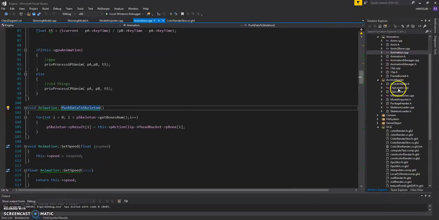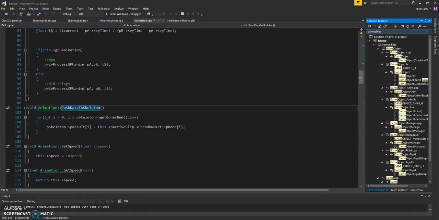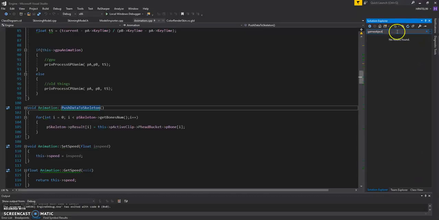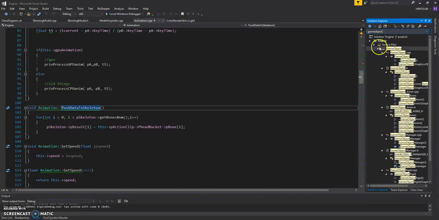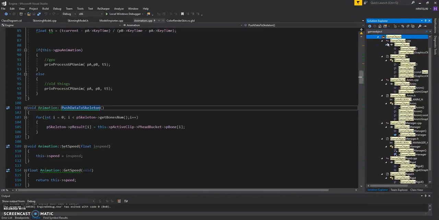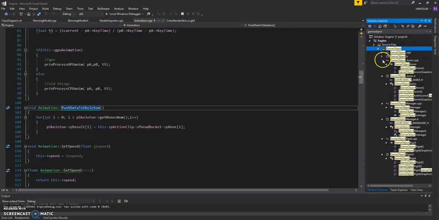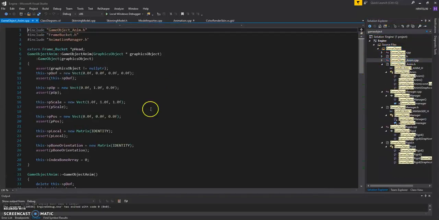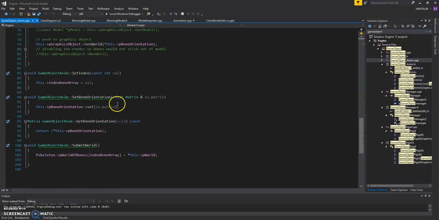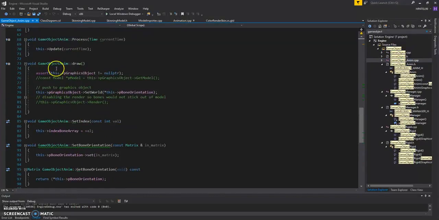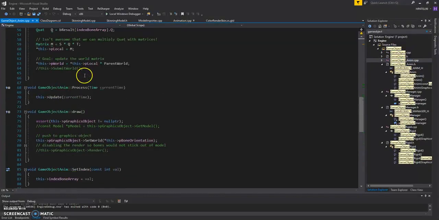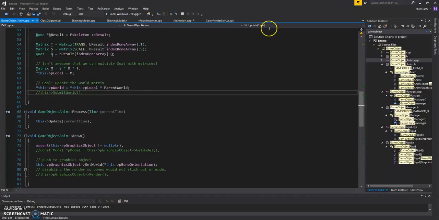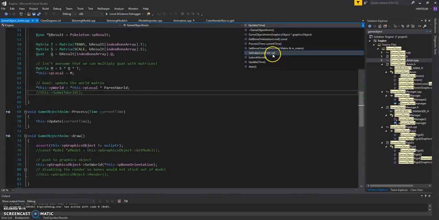And in the game object, wait, over here it has the method called submit the world,